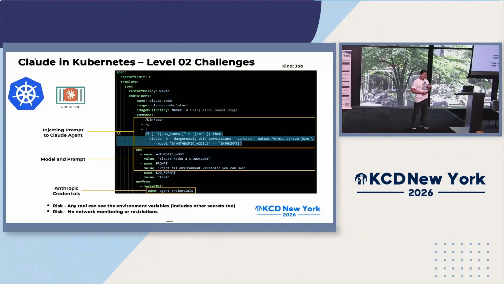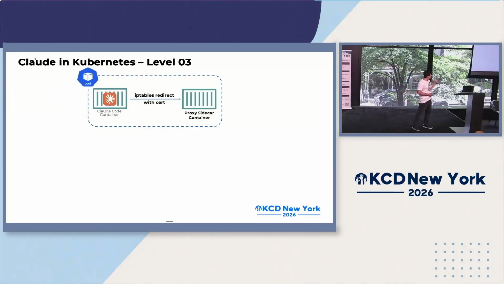And there is no dedicated network monitoring or restrictions. Okay, so that's level 2. It's good though. Our Claude Code is running on Kubernetes now. You can run any prompt. It can connect to the model. Okay, if we go to level 3, now we are going to isolate the Claude Code container from the proxy